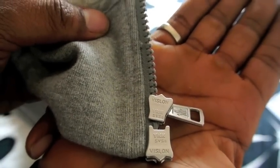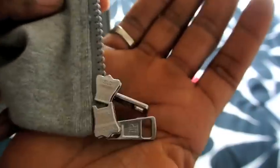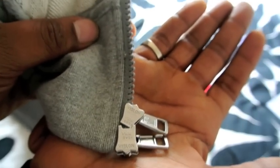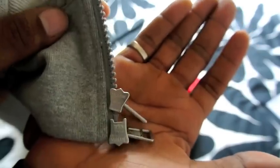So as you can see, it's got the Vislon zips on there, hasn't got the Lampo. Usually I find on the clothing it's usually Vislon zips. And Vislon do stuff for like Barbour. I think I've seen them do stuff for D&G, Prada. Okay, so as you can see there,